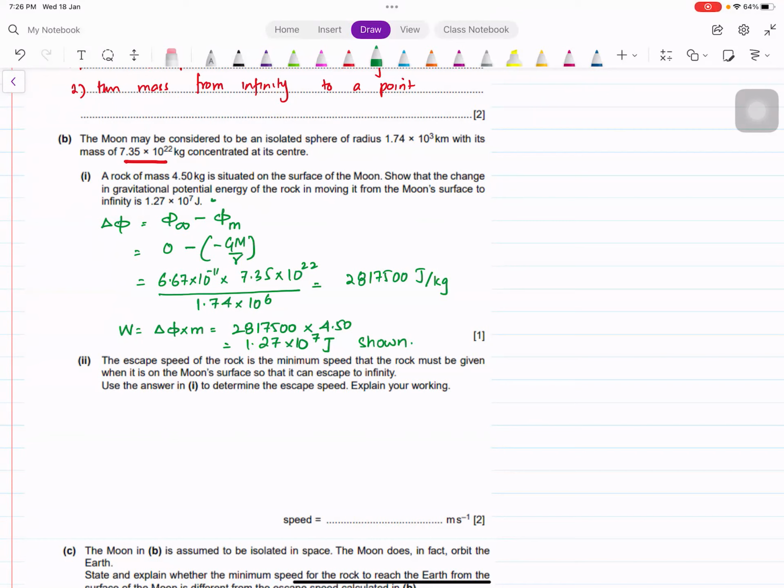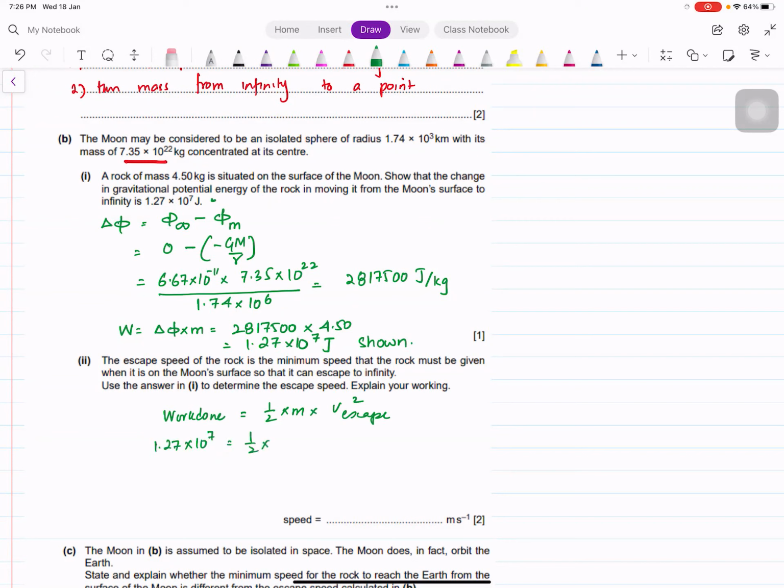Zainab. Okay. Now, the escape speed of the rock is the minimum speed that the rock must be given at the moon's surface so it can escape, right? At this part, you need to understand we have the work done. So we can use work done to send something, you have to give kinetic energy, right? So we have to find V escape squared. So work done, we have already found,